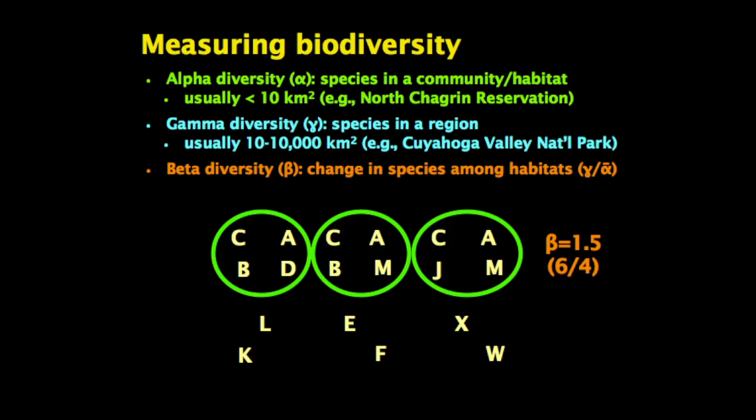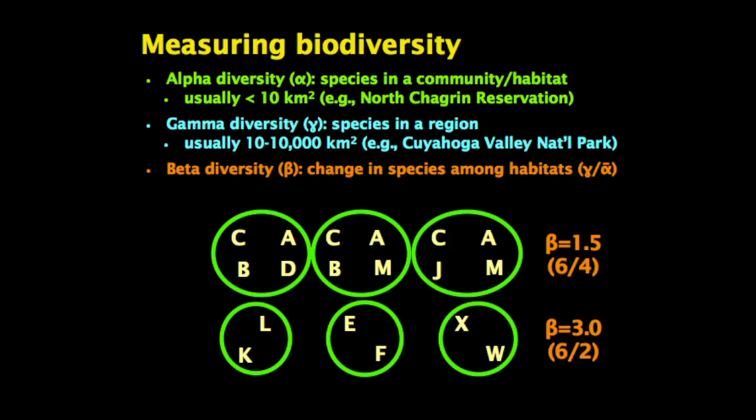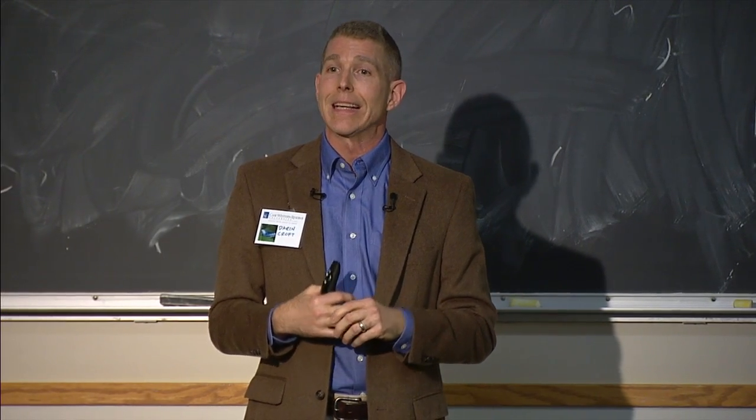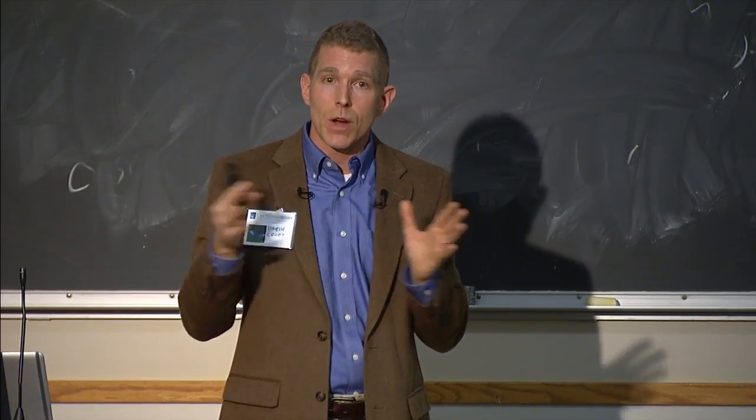We can do the same exercise, and even though there are the same number of species overall, that being 6, this has a beta diversity of 3. That's because there's a lower number of species in each area, and we get greater species turnover. This can be very important when you're thinking about conservation priorities. If you have a park like the one below, it's going to be important to save every single habitat that's there because they're harboring different species. That's correlated with high beta diversity, lots of change as you go through the environment.